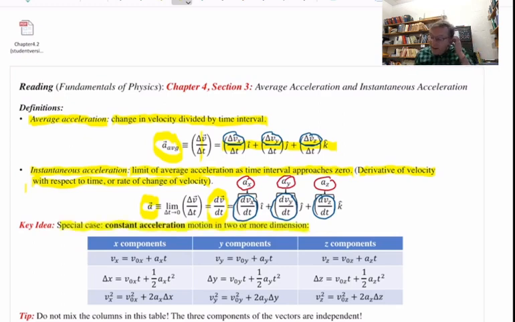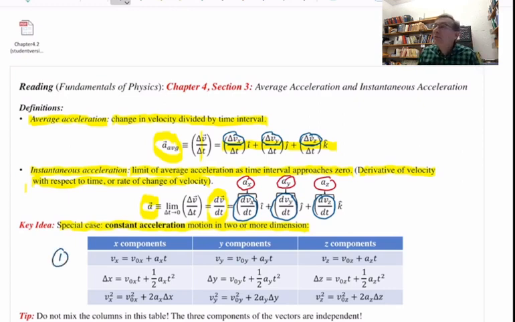And what I've done is make a table with 3 columns. There's a column for x components, and one for y components, and one for z components, because we have to work separately with components. And all I've done is, for each column, write the corresponding constant acceleration equation. Row number 1 in this table